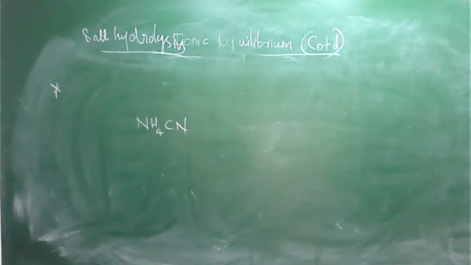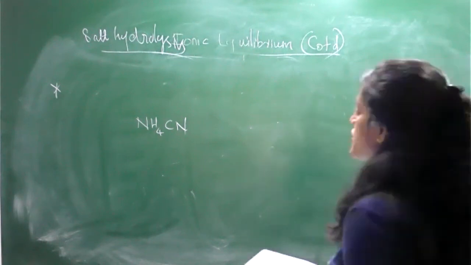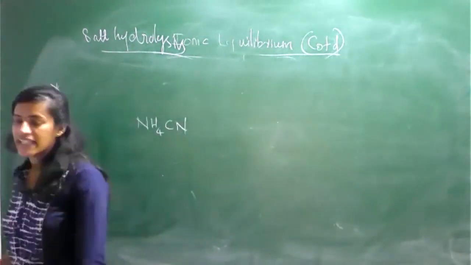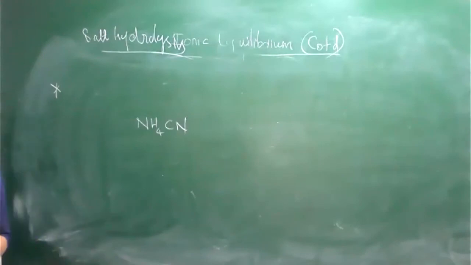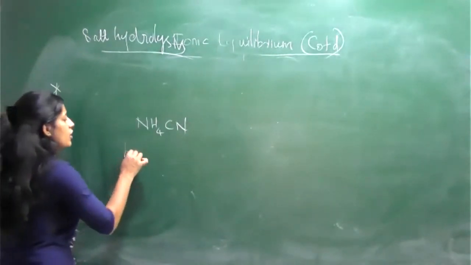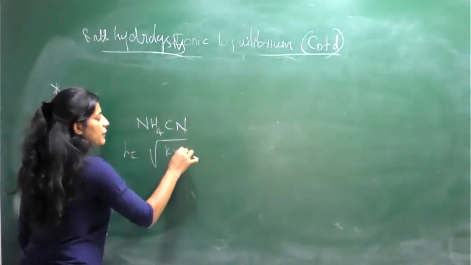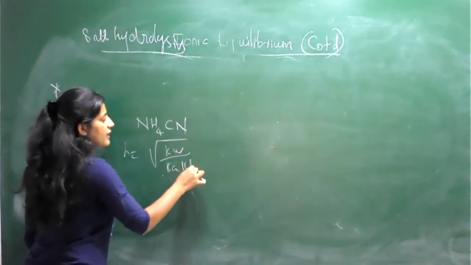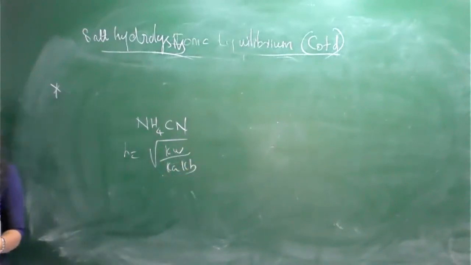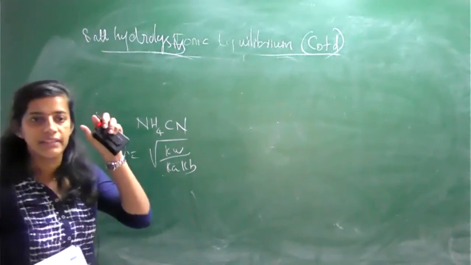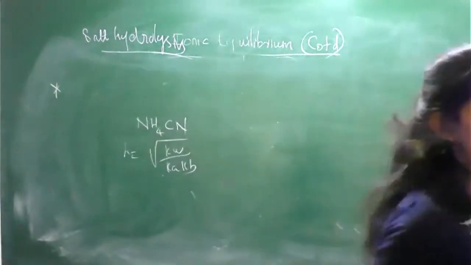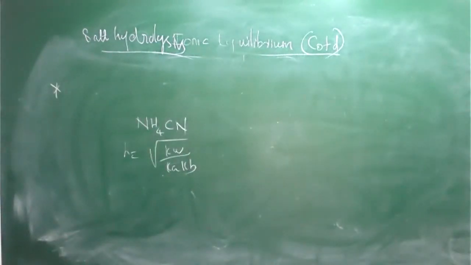A weak acid weak base combination. Very good. The last question is the same, na? HCN plus NH4OH. So you want to understand this is a weak acid weak base combination. So h is equal to root of Kw divided by Kb. That is also a possibility. Try to focus on which one is given to you: is it the weak acid form, strong acid form, or weak base form?